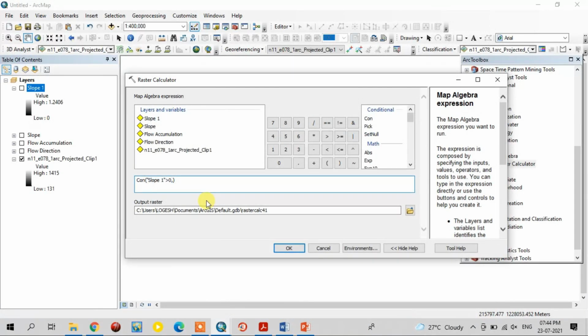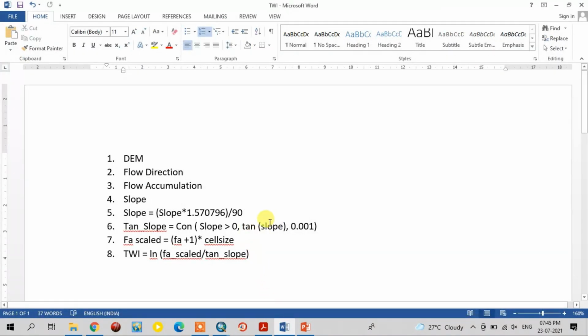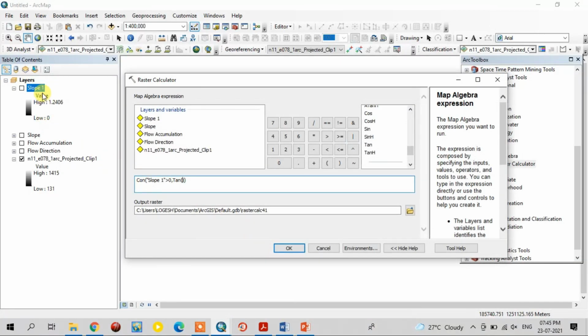Next, select the tan option. Here also we select the same slope, comma 0.001.